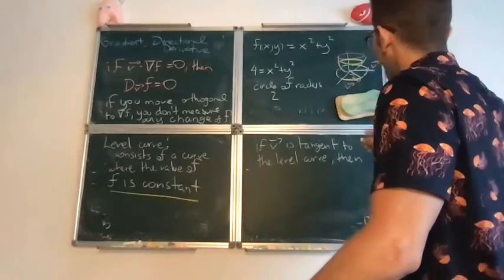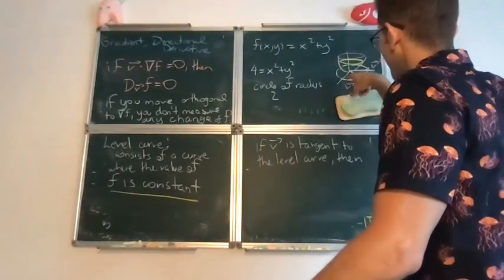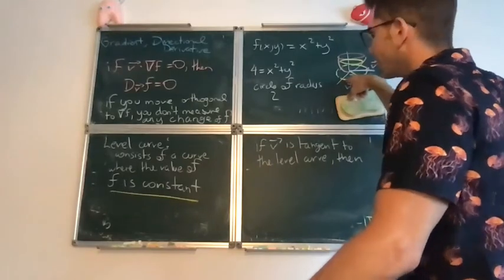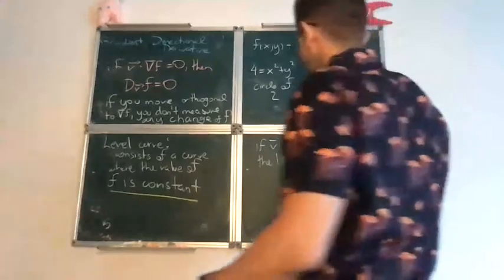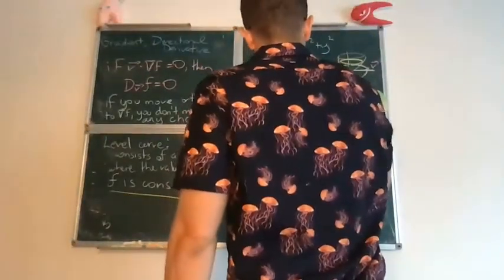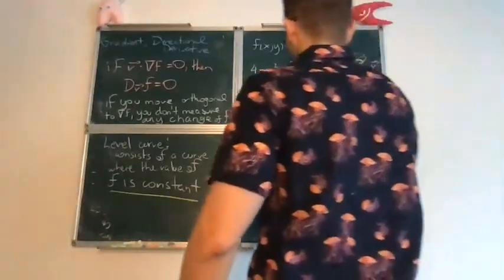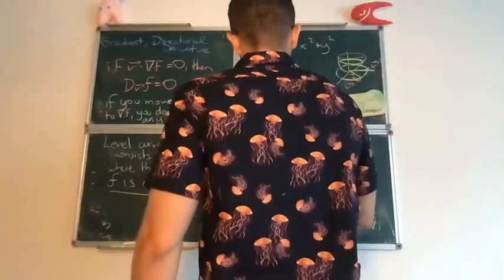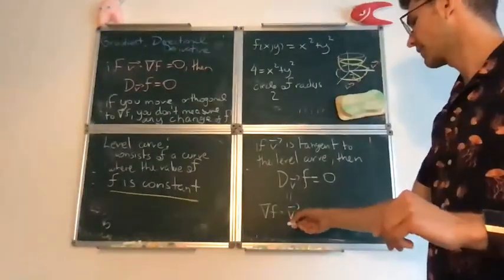Well, then you're moving in a direction that's tangent to the curve, so instantaneously, because the function always takes the same value, you are not measuring any change, so the rate of change has to be 0. But at the same time, remember this was the dot product of the gradient with the velocity vector. So that means that the velocity vector had to be